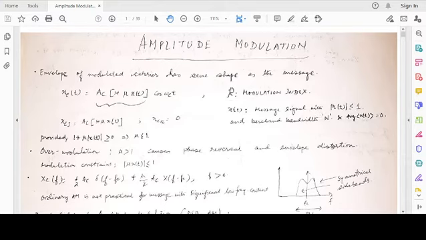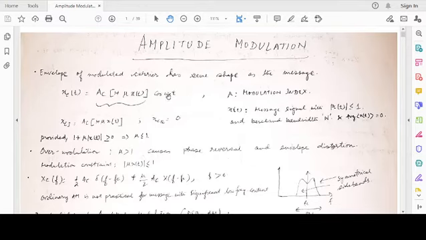We consider a term known as mu, which is known as the modulation index. It is the amount of modulation that we are providing to the message signal. Since this does not have a DC now, we add a DC: 1 plus mu x(t). So this is the message signal multiplied by the modulation index, DC is added, and it is multiplied by Ac cosine omega_c t. That is my carrier of amplitude Ac and frequency omega_c.